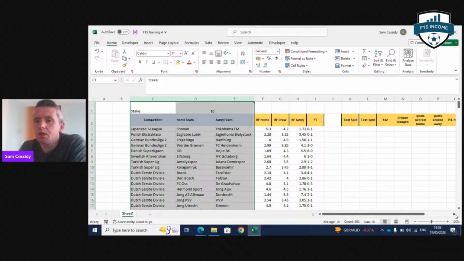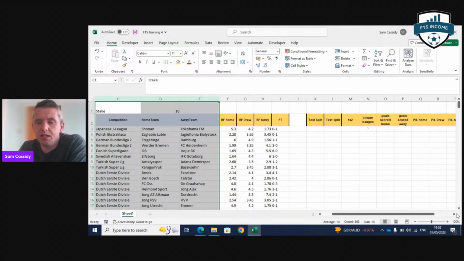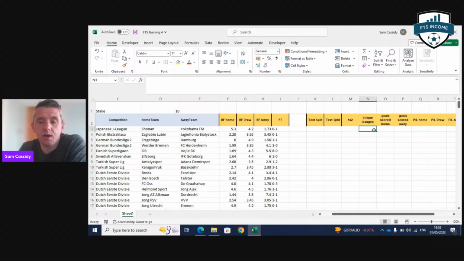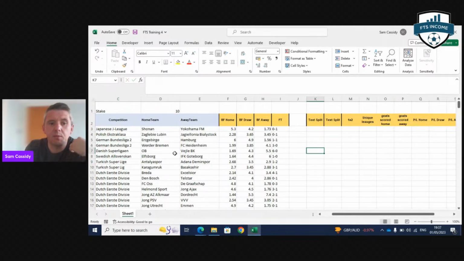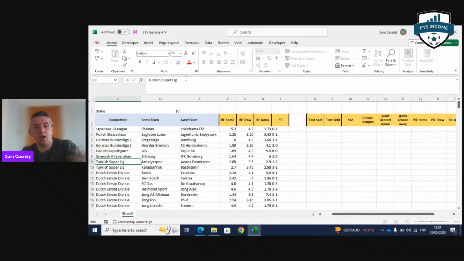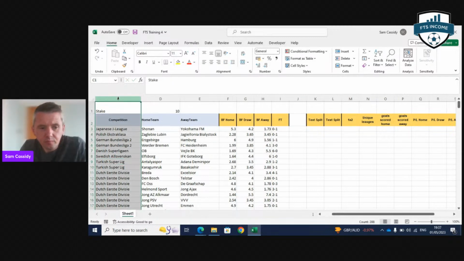Okay. Next thing I want to do is see if we've got all the unique leagues. Have we got some duplication in the leagues? Potentially we could. Let's just see here. We might have Bundesliga 2 with a dot, or Turkish Super League 1 with an E, something like that we might not know about. So I just want to double check that all of the competitions are represented